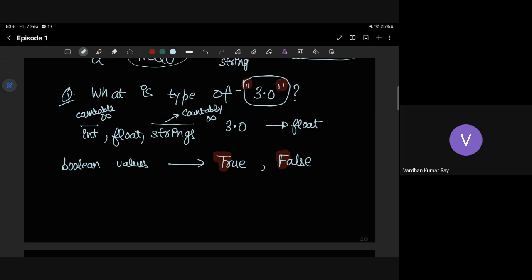But float values in Python are countably infinite, whereas in general the decimal values, the real numbers, are uncountable. So in Python it is countably infinite. It's not part of the things we want to do in future episodes, but if you get time, search about uncountable infinity and countable infinity. Otherwise, just focus on what we're doing. I was just asking in general. I don't want to put it in as a part of the lecture.